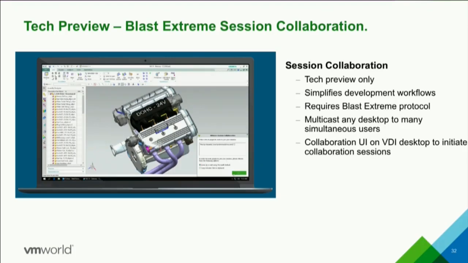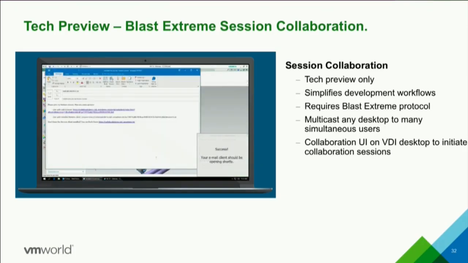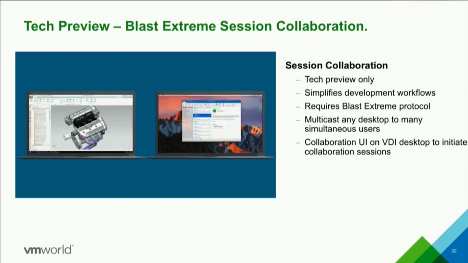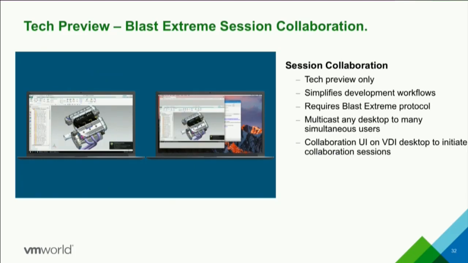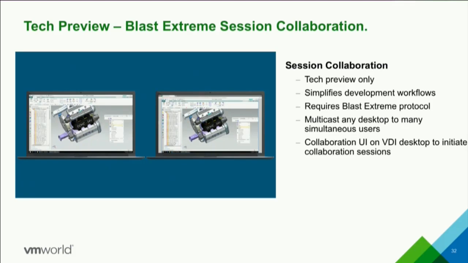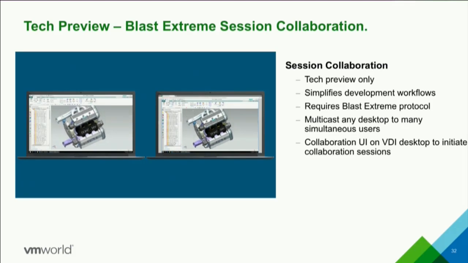He wants to get the approval from a reviewer. Right from within his desktop, he's able to invite a reviewer, Marilyn in this case. He types in her user ID, and he's able to immediately send a customized email to Marilyn. When that happens, Marilyn gets an email, she clicks on a link, and immediately it takes her into Peter Parker's session. Now both of them are seeing the exact same desktop. Peter Parker is able to pass control of the desktop to Marilyn so that she can make changes, she can review, she can turn things around, she can look at different angles and make sure that she's satisfied without having to tell Peter Parker, can you do this, can you do this, can you do this?